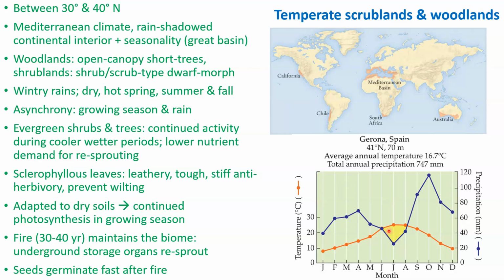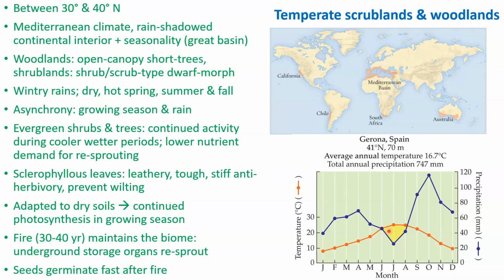another type of biome, temperate scrublands and woodlands. Those temperate scrublands and woodlands occur again in northern latitudes between 30 to 40 degrees, and you can see some examples of those locations in the map. Some of those temperate scrublands and woodlands belong to the Mediterranean climate. In fact, my map overwhelmingly focuses on those Mediterranean type temperate scrublands and woodlands. In these areas, the Mediterranean climate creates a very interesting environmental pressure, biologically speaking, right? So the temperate scrublands and woodlands are found under Mediterranean climate.